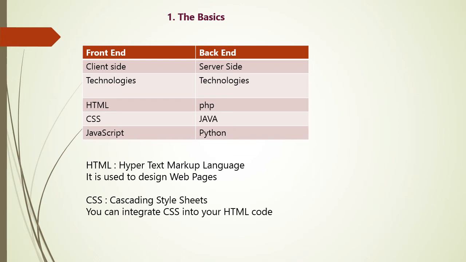So web browser we are using for the purpose of browsing through various web pages on the given website. Then I would like to explain you two terms, that is front end and back end. So front end developers deal with making your website look like it should be. So in what way you want your website to look like. So for that purpose, front end developers will develop the web pages accordingly. For example, if you want to add images or animations, you can add them to your websites.